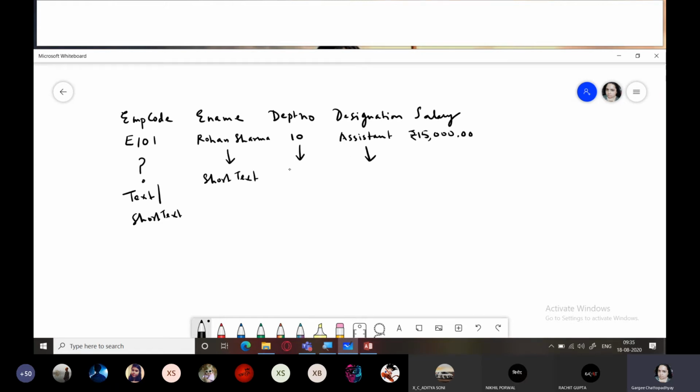Department number. Number. This is again short text. And salary. Currency. There is a currency sign. Currency. Only 10 places after the decimal. Yes, very good. Currency. Okay. So now you all know how to figure out the data type. Very good, everyone.